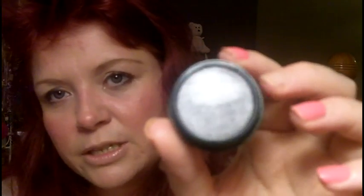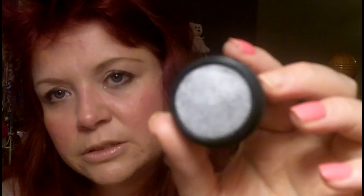The next one is called Electroplate. I haven't actually used this one yet, but it is a lovely grey silver colour, and this is actually really nice. I've swatched that one, I really like it, so I can't wait to use that one in a smoky eye. And then this one is called Ultra Violet,